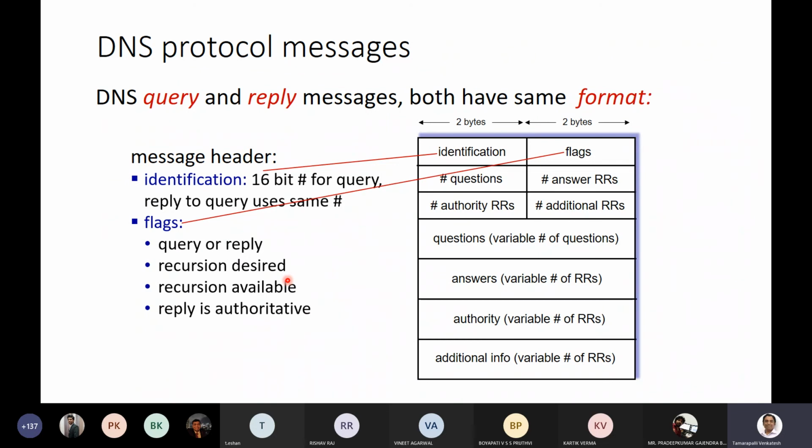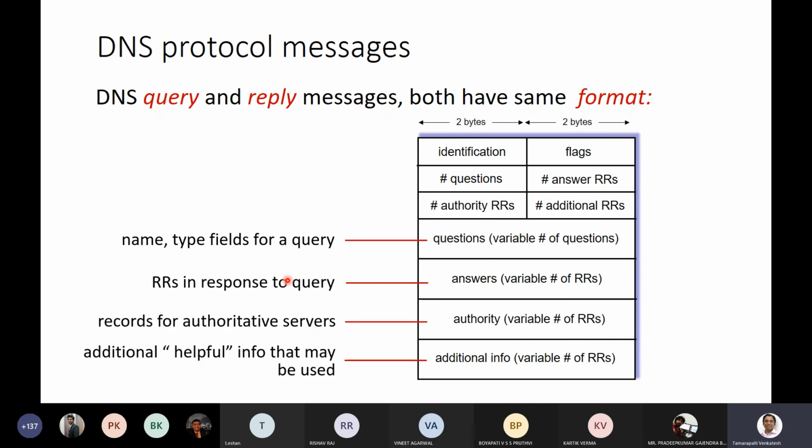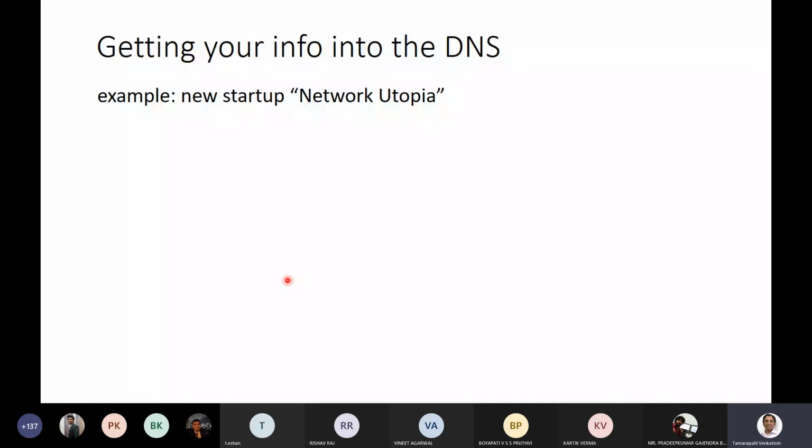And the flag will indicate whether it's a query or a reply, and whether you want recursion type or iteration type of query. And it also indicates whether the reply is authoritative or a cached reply. Okay, so you can also have caches along the DNS system, which may give you some old mappings which are stored, and that is also indicated with the flags appropriately. Okay, and the other ones are all obvious. So what type of resource record is being sent and how many resource records are being sent. You can also send multiple resource records in a single response.